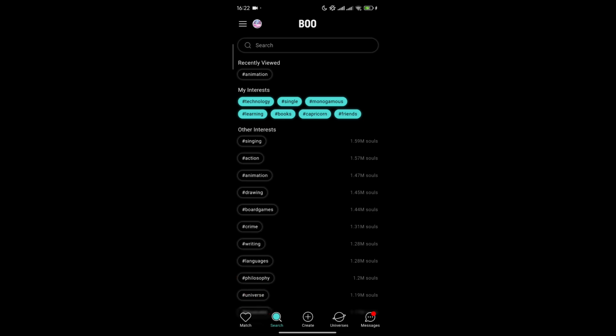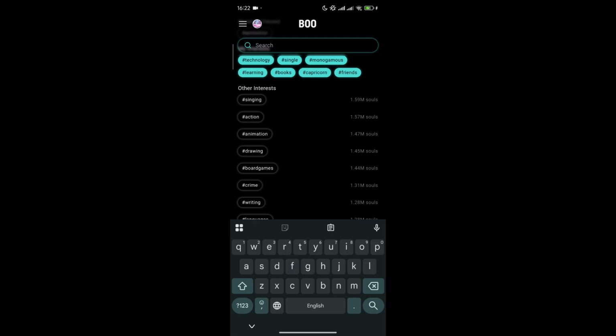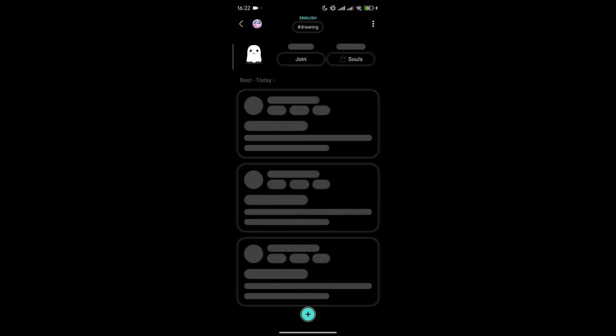So once you're under the search tab right here, you should be seeing where you can simply search for various interests and much more, and you can just simply search for it or just simply select from other interests right here. So I'll just go for drawing right here, and once I select drawing here, you should be seeing like